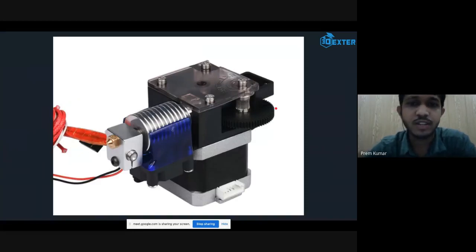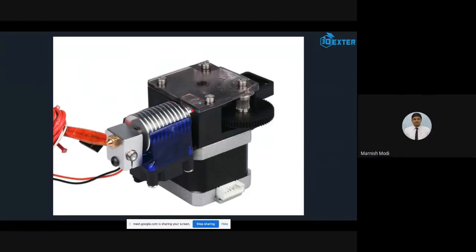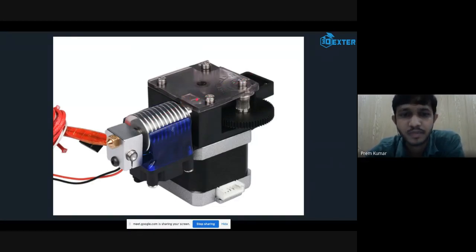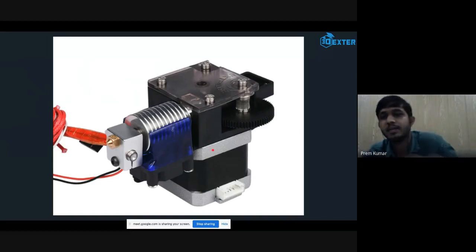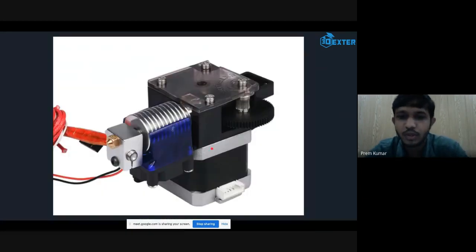So I have a question. Can anyone identify what kind of extrusion system this is? We have discussed two types in the previous slide. So what kind of extrusion system can this be? Direct drive. Yes, it is direct drive because your hot end is directly mounted along with the feeder system. In this kind of setup, you can easily print flexible materials, and your stepper driver is connected, and this entire system has to move with your X and Y axis. If possible, I will show you the Bowden system also through a video later.